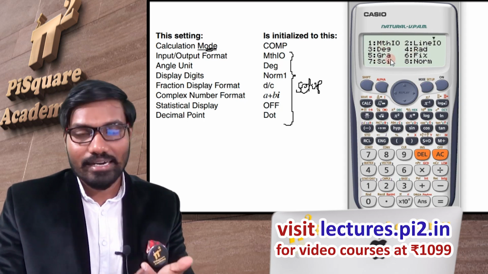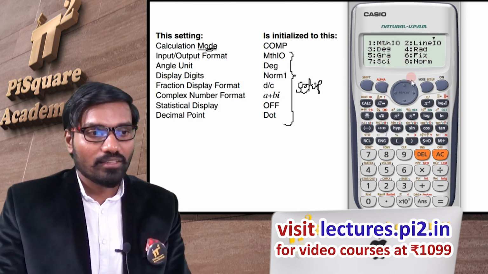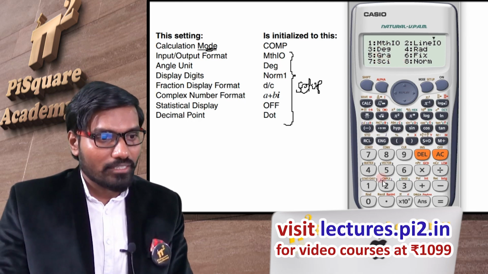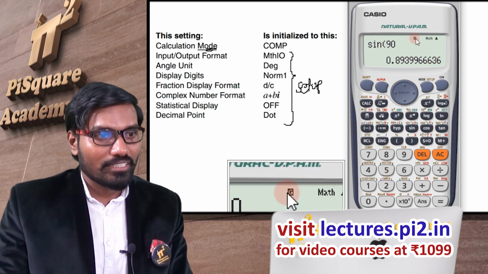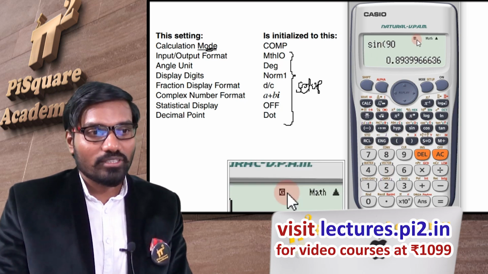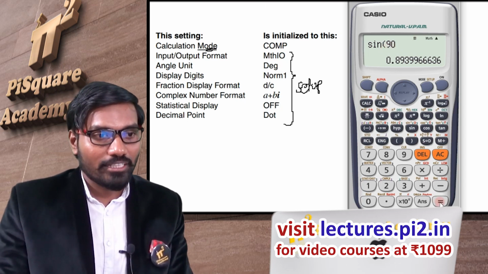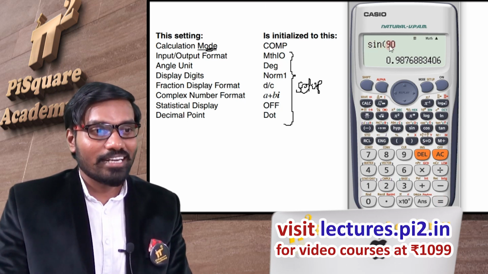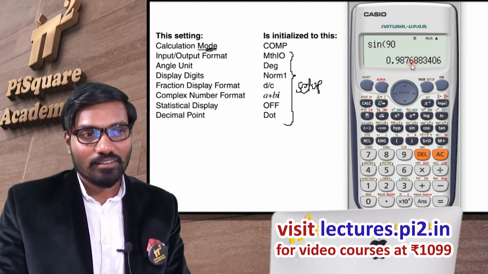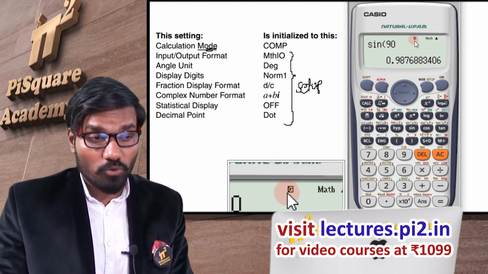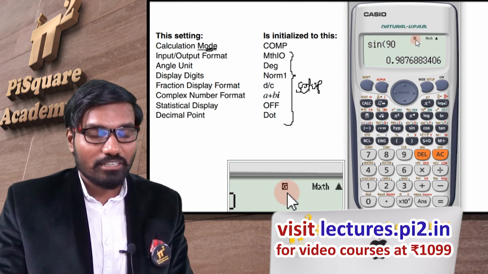If you set gradients, then calculator will take, let me change to gradient, that is 5. You can see now it is G. Okay. So this number is now taken as gradient. Now if I hit equal to, sine 90 gradient value is this. So be careful with this mode. Okay. So G for gradient.